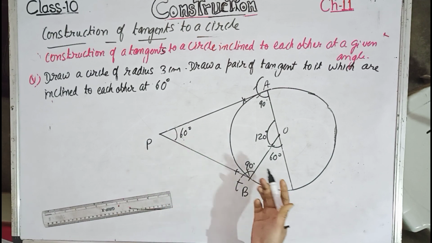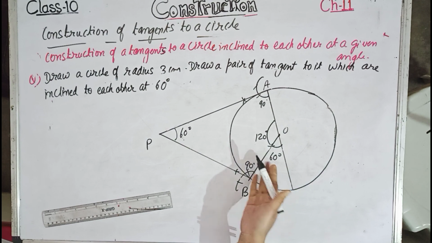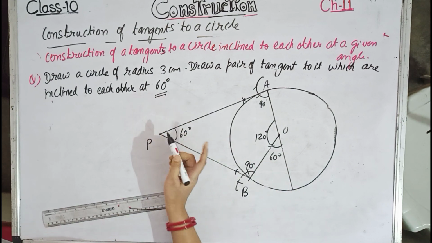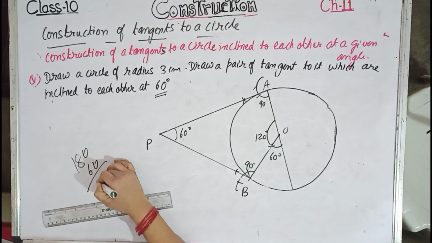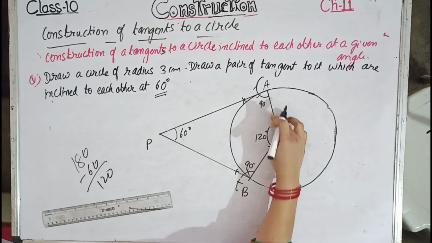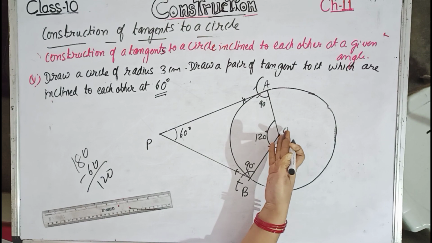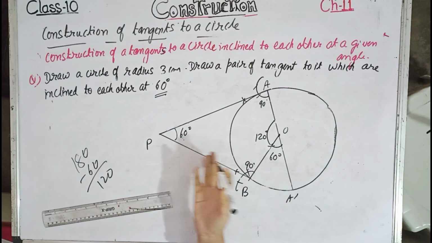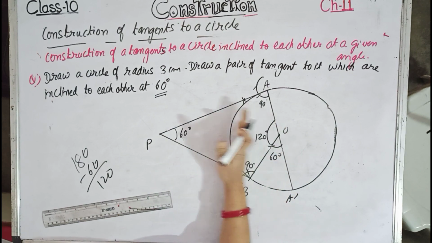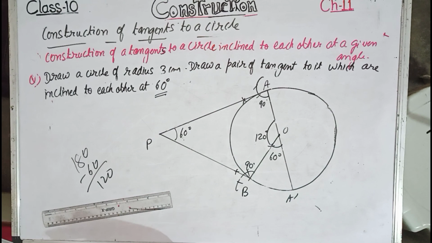Now, if suppose you don't want to draw 60 degree over here, so whatever is the angle given, so 60 degree is given, so 180 minus 60, that is 120 degree, you can draw on any of the sides. I mean OA, or over here suppose name it A dash, or OA dash side. And then obviously if you draw 120 degree, then also this figure only will be drawn. Okay. So construction of tangents topic is explained.